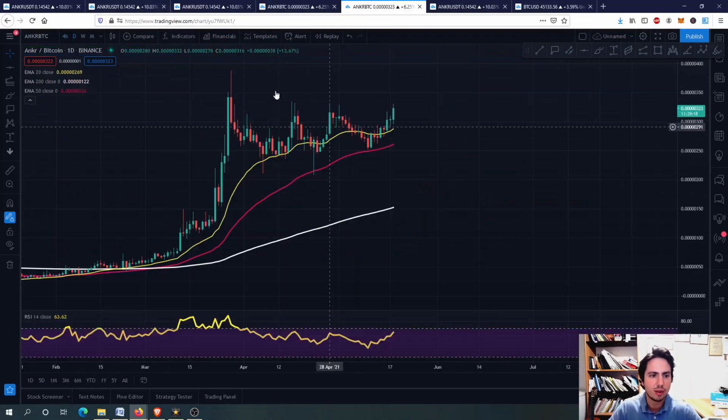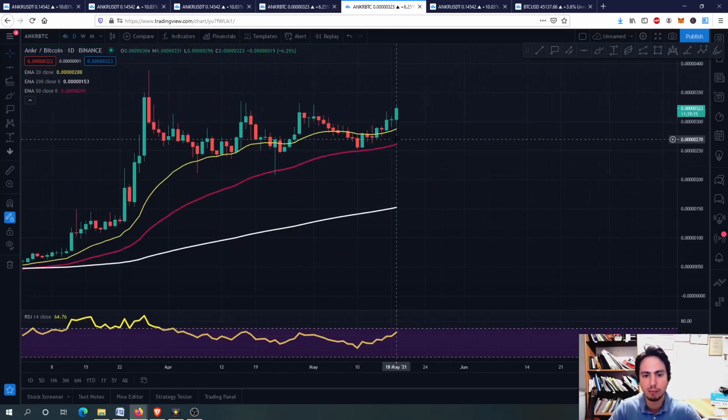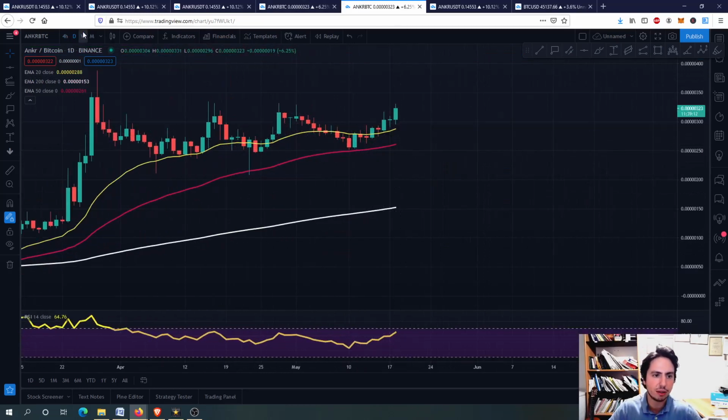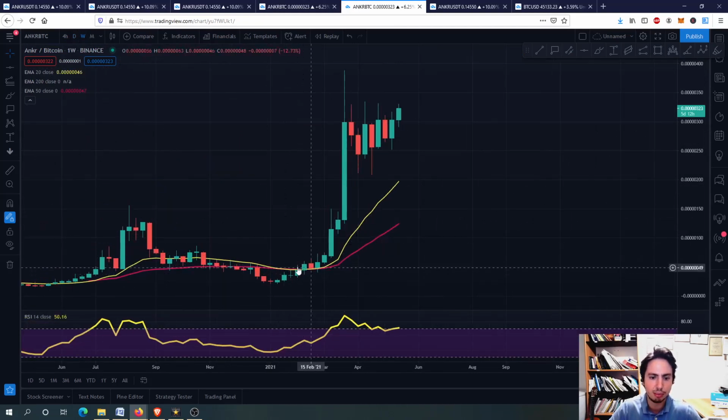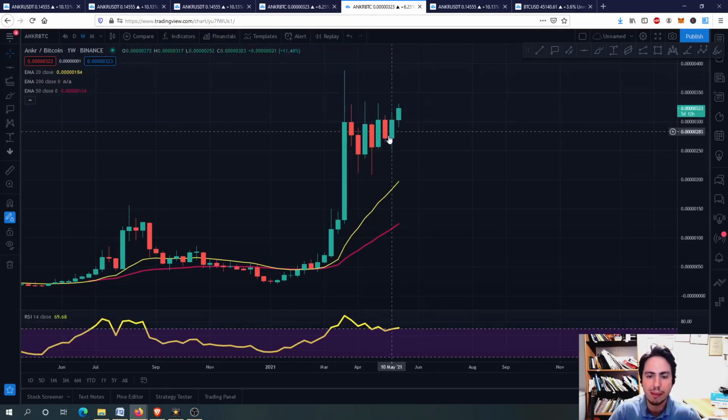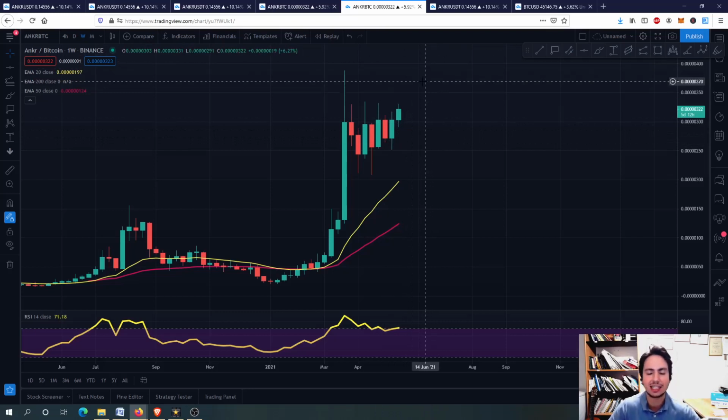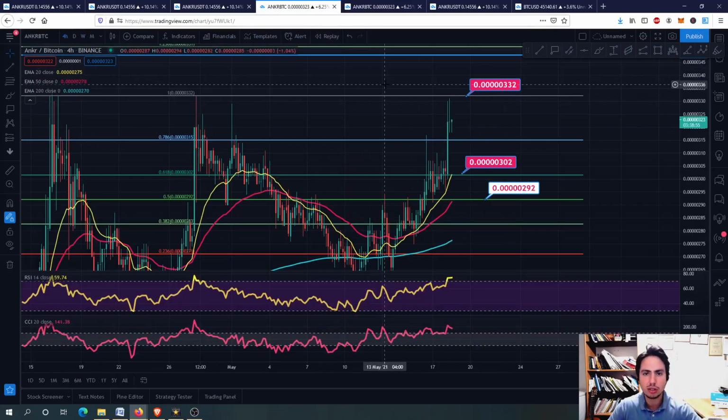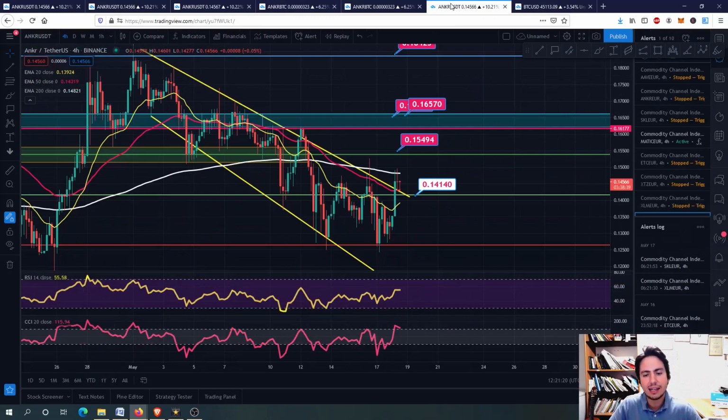So if you go to the daily frame, you can see that we still outperform Bitcoin. The 20-day EMA is above the 50-day EMA, and of course on the weekly frame we have had this bullish cross right here, and now we are seeing this high over here. From then we are correcting for a bit against Bitcoin, but now we found our way back and we might see further price action for Ankr against Bitcoin. So in short term, in mid term, and in long term, Ankr looks good against Bitcoin. That's what we care for right now, because coins that outperform Bitcoin, guys, will just go upwards in USDT valuation as well. So we are ready to go to Ankr against USDT.